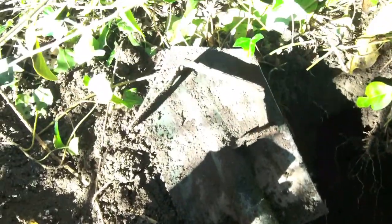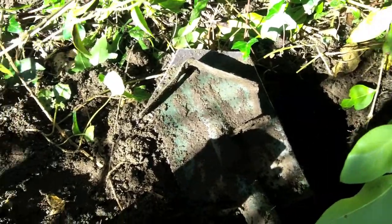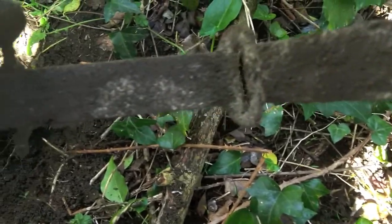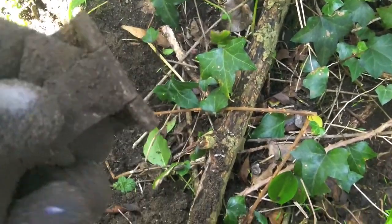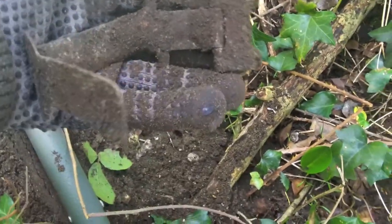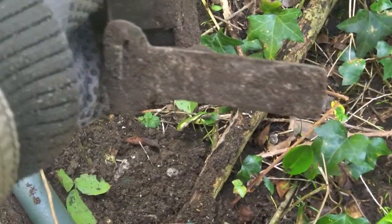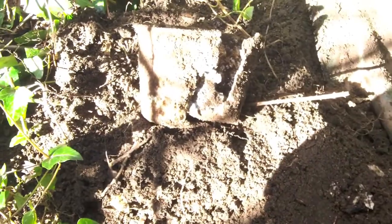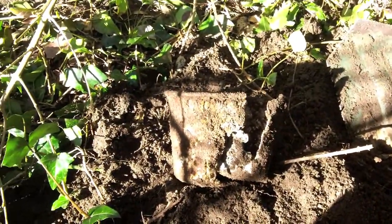I found some in here. It looks like a little latch or something. I'm not sure, so I'm going to have to dig a little bit more. It's a lovely day now. It was 3 degrees earlier. I think it must be coming up about 6 or 7 now. Yep. So this lead pot and a nice bracket. I'm not sure what kind of bracket it is, but it's got a hinge on that side, so I'm not sure about that, but maybe some kind of animal bracket. It's all good though. And my lead pot out of the same hole. Excellent. Next,